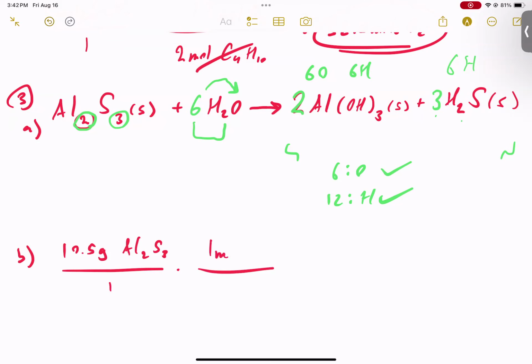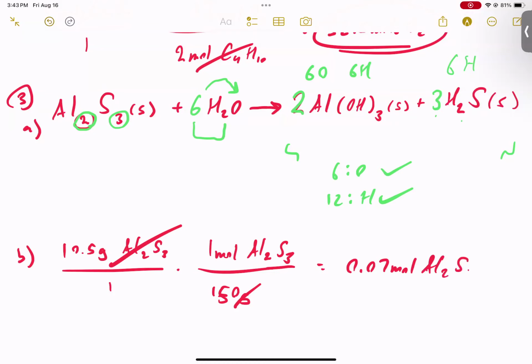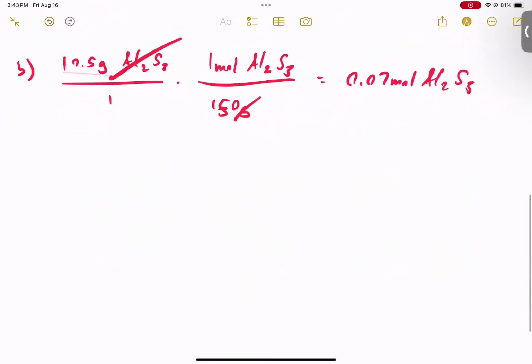So 1 mole of aluminum sulfide, I'll spare you the math, is going to be a molar mass of 150 grams. The grams cancel out, and I'm left with 0.07 moles of aluminum sulfide. Okay, so then I'm not done yet because I need to find out the amount of grams of aluminum hydroxide. So if I did some dimensional analysis,